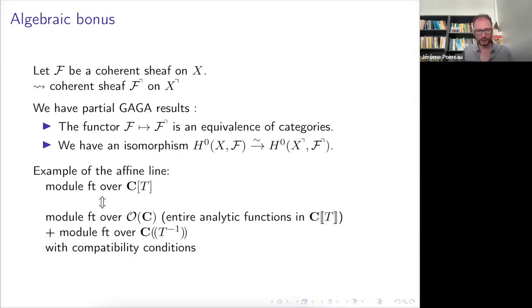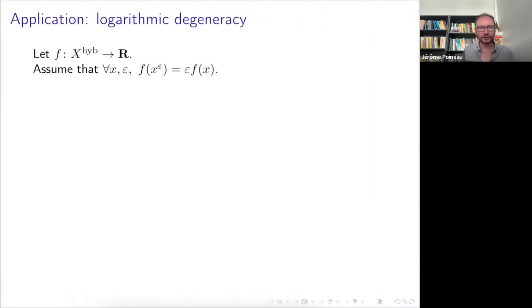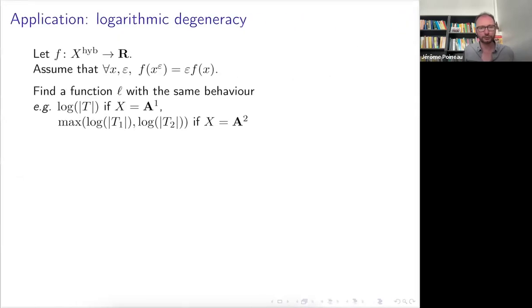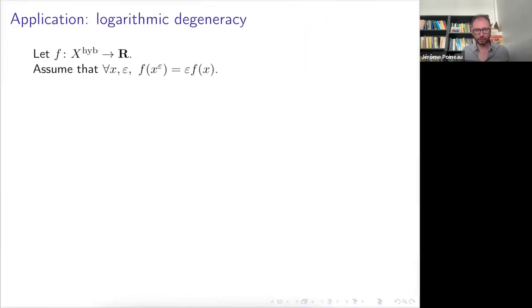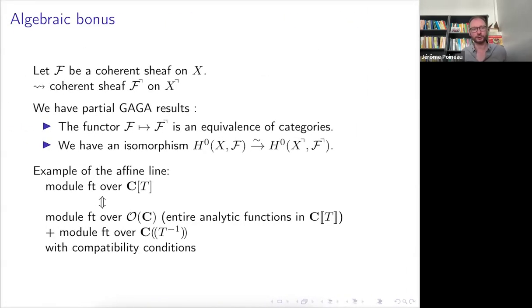And I think I had some application to logarithmic degeneracy after that. But I think it's almost time to stop. I think it's probably enough just to tell you about this compactification and the general property. So that's really some kind of overview about what you can get from